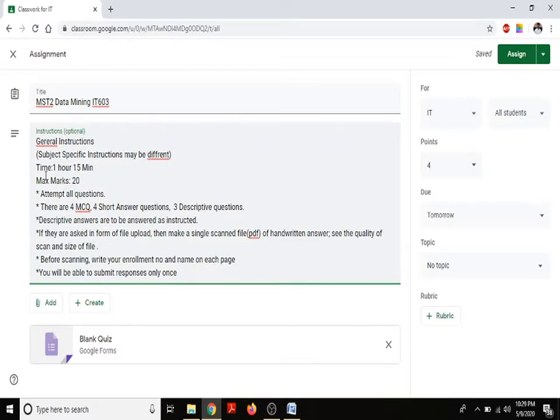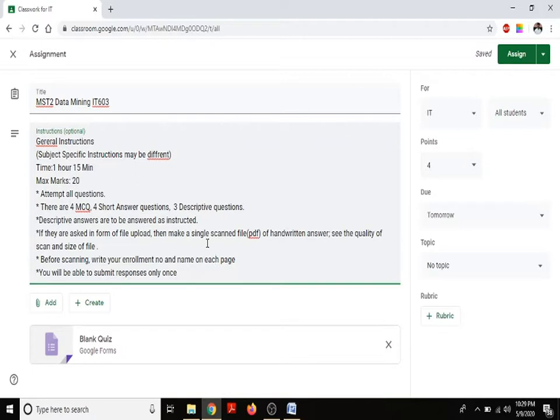There are instructions like time, maximum marks, attempt all questions, 4 marks MCQ, 4 short answer type, and 3 descriptive questions. And one more thing, the descriptive type questions need to be answered handwritten on a piece of paper, and scanned with an application like CamScanner.